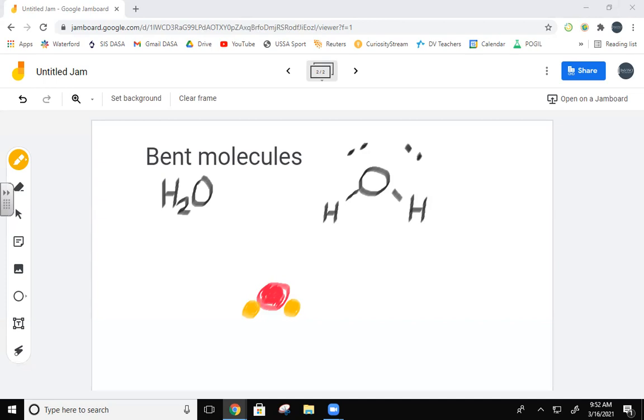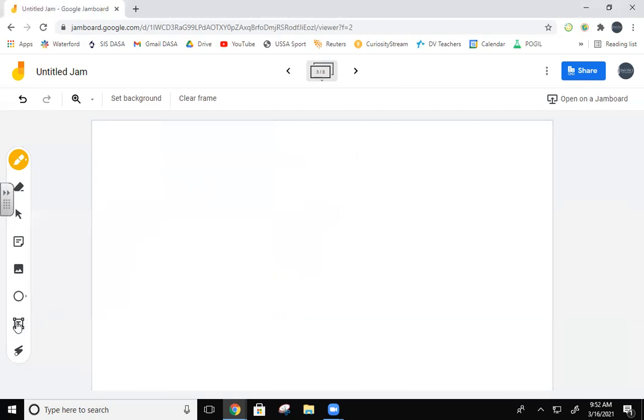Terrifyingly bad. Okay, so bent molecules. Now, if we look at the next type, let's talk about tetrahedral. Actually, no, let's leave the tetrahedral for later. Let's talk about trigonal planar. Because trigonal planar